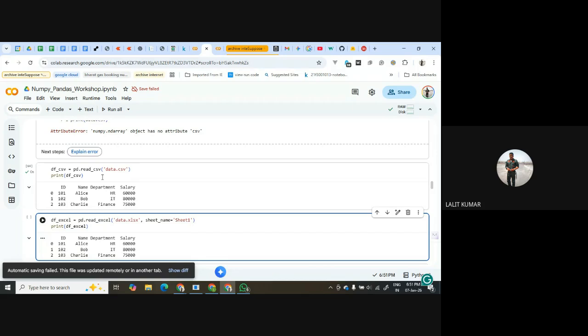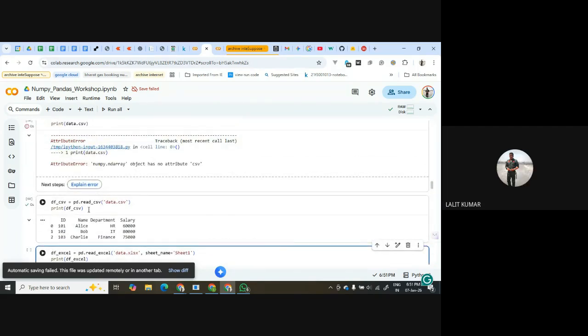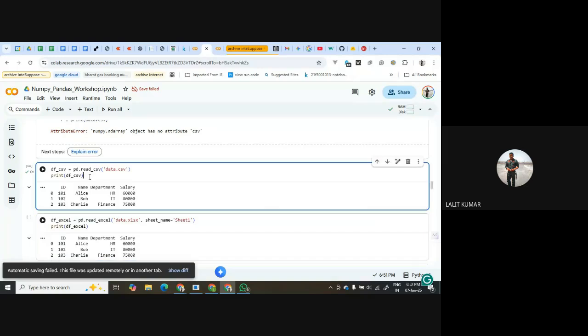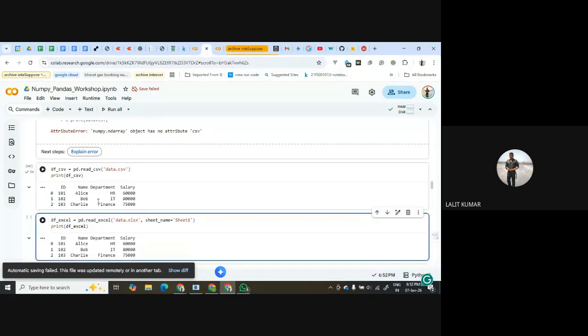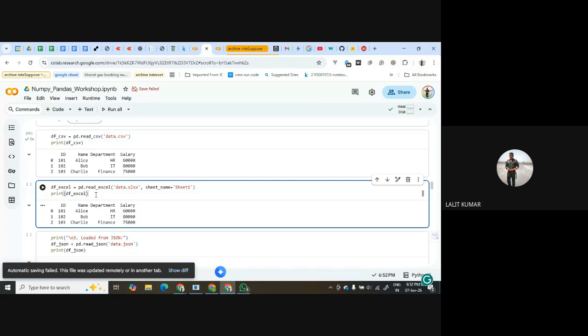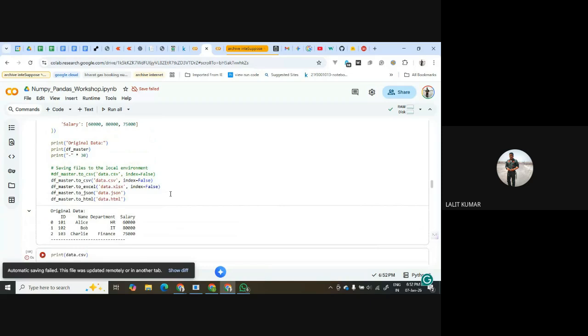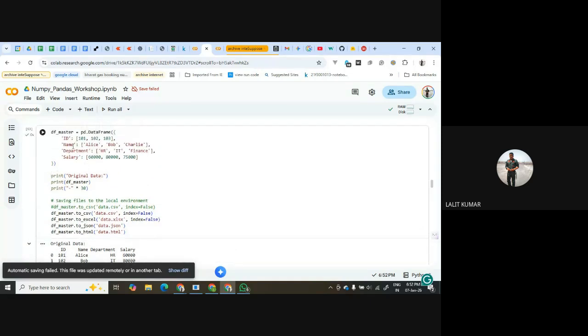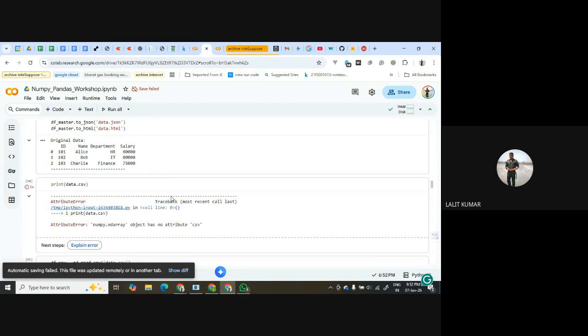Okay, fine. So how to read, okay? This is pd.read_ type of file. So CSV, Excel, JSON, HTML file. So here we have read, for example, data.csv, the entire thing will come here. When we are reading an Excel file, it is very, very important to give the sheet name, because when you download or you make an Excel file, it will have various sheets. So when we have built an Excel file here, we know that there is only one sheet, because there is only a single sheet. But many times when we download the data and you are having a lot of sheets, then you have to give the sheet name there.